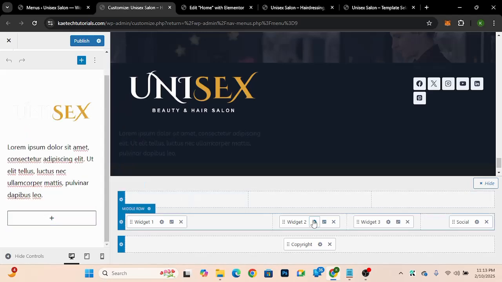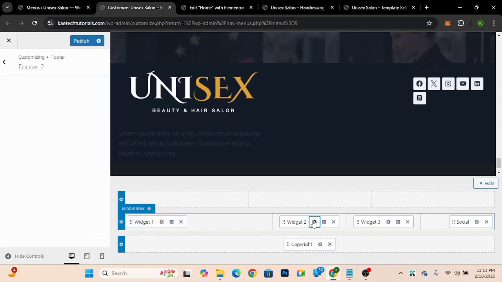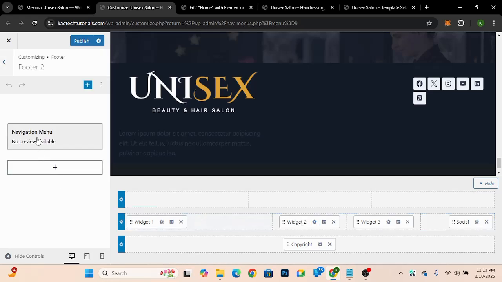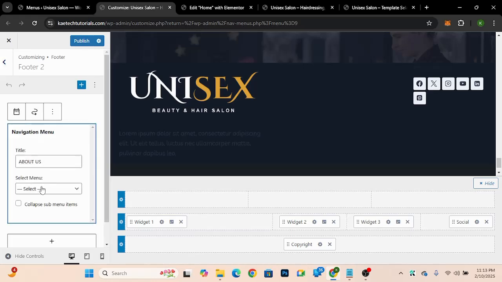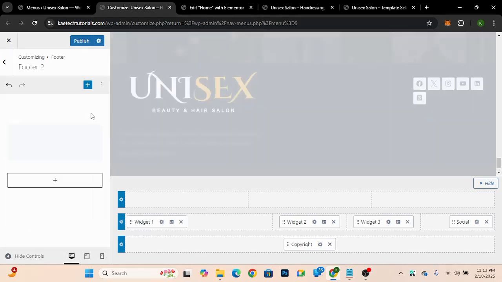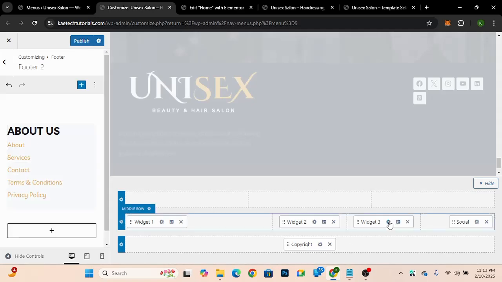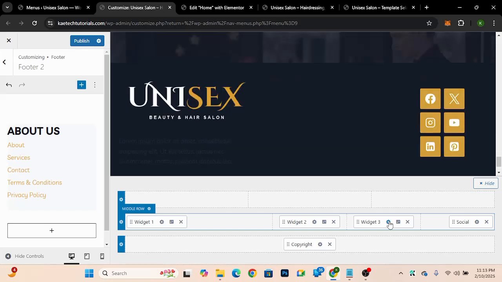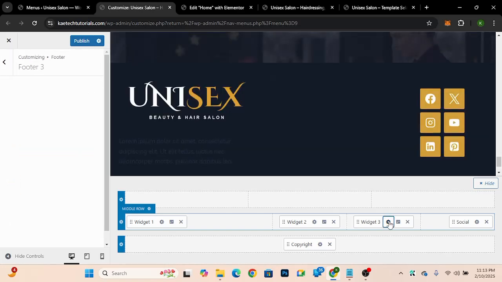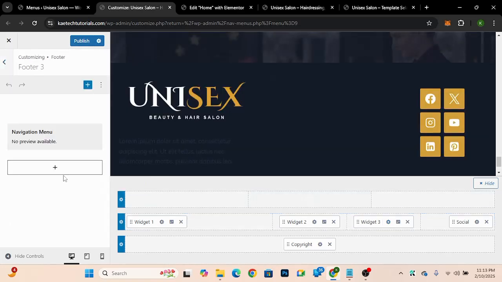Now when you come to this one, the widget over here, you have to make sure that you select a navigation menu. So choose a title for it, and then select about us. Okay, and then it's going to pop up for you. Remember, we created a navigation menu which is about us. So that is basically what it's going to do. And then the same thing applies to this particular one over here. So choose